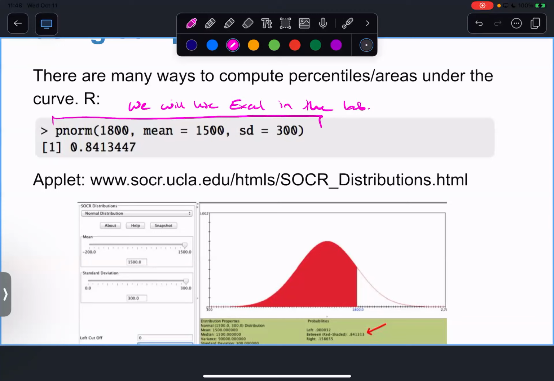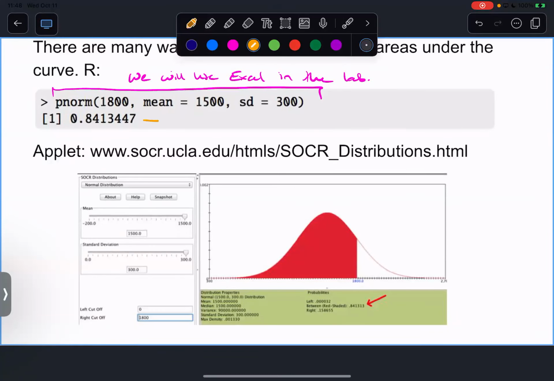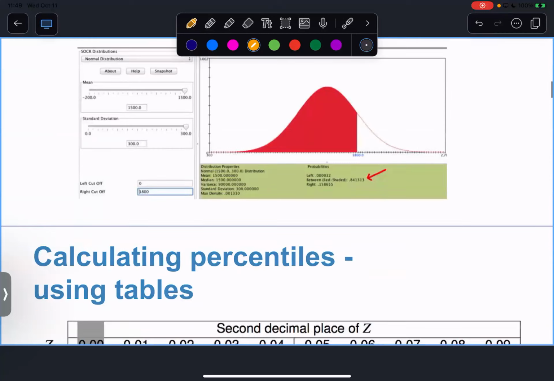And then it does some secret magic behind the scenes and it returns the area to the left of 1800 in this case, right? This first value. Can't remember if the Excel command is pnorm. I feel like it's something similar. Okay, but we're stuck here